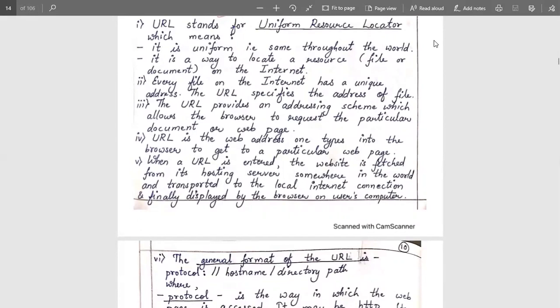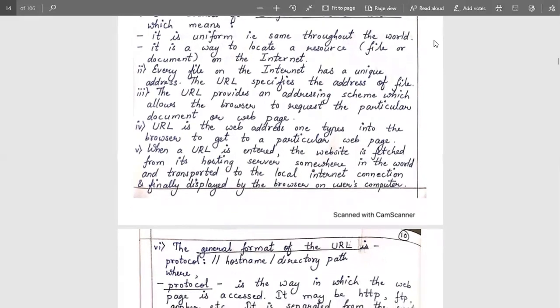It means whenever we need a particular document, our browser requests the server, the server responds back to our browser, and it is displayed on the user screen.